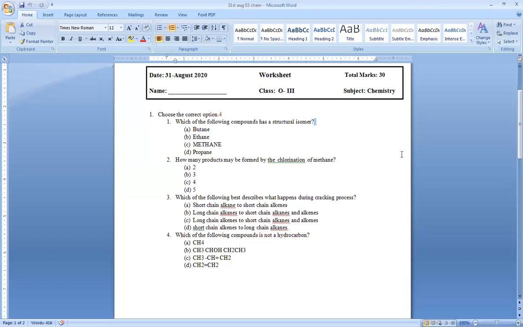Now, the next thing is alkenes, and in alkenes, we studied the formula CnH2n. It has two hydrogens less because of the